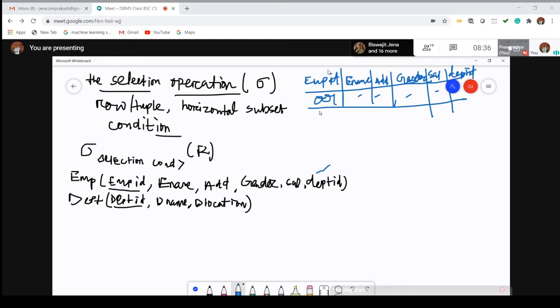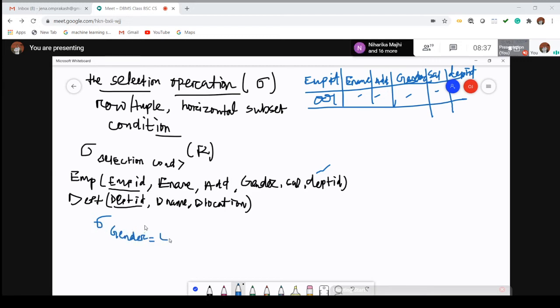Okay, let us consider the first example. We have to find all the male employees. So how to find the male employees? That can be found from the employee table. You can write like this: select gender equal to male.